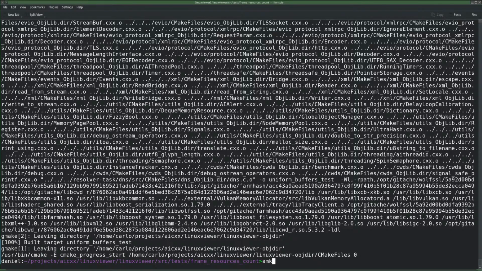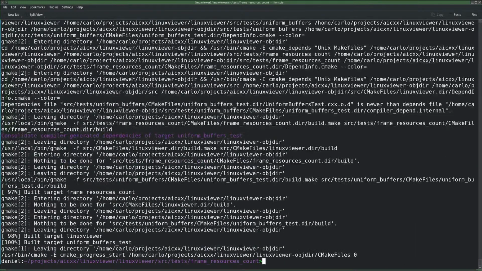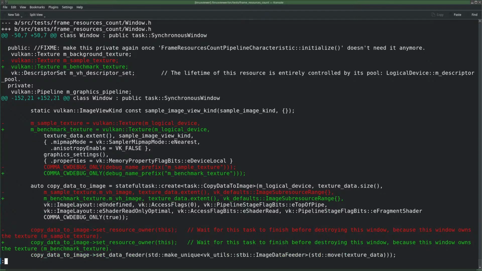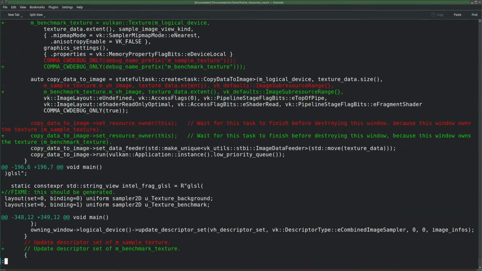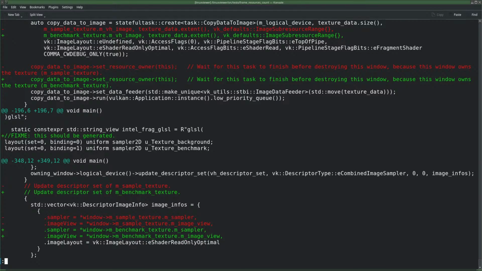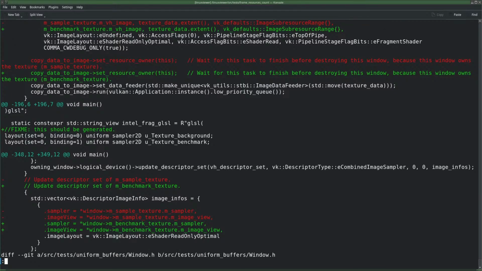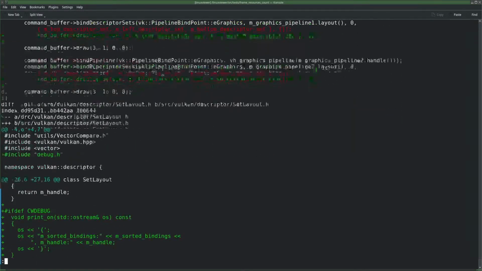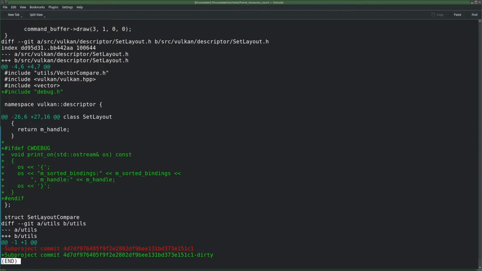Right, it compiled. No errors. Don't think so. What did I change? Something with, I forgot. Oh yeah, benchmark. I renamed it. Oh right, that was it. So I need to add somewhere the string that is used in the shader. The most logical place to do that would be in